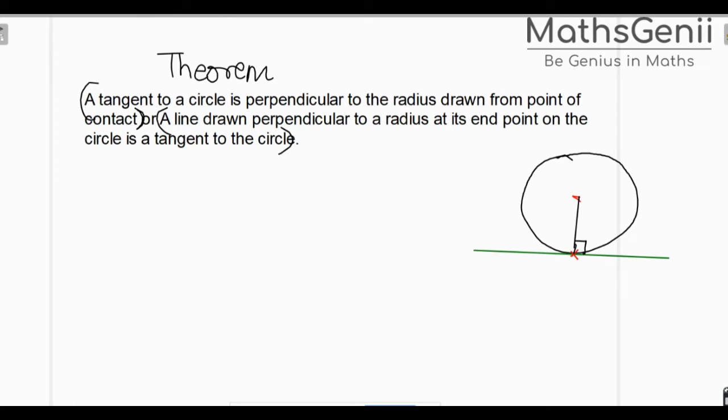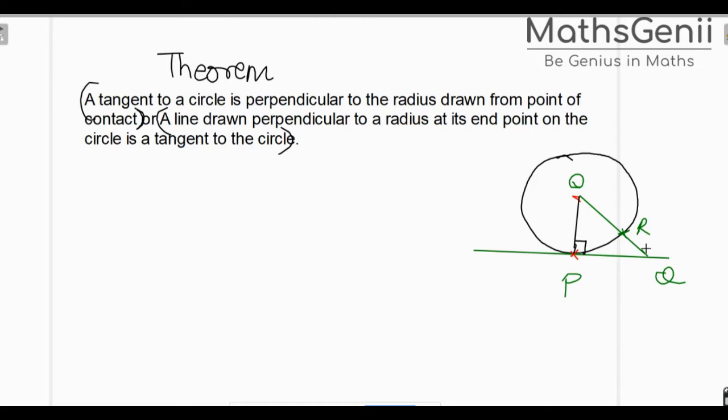Now what I'm going to do is I'm going to join another line. Let me just consider another line. Okay, this is some line. I don't know what line. It's just some line, and I'm going to name it something like PQ. This is your R, and let me name this center as O. Okay, this point is R. Okay, now let's look at how to derive this theorem.